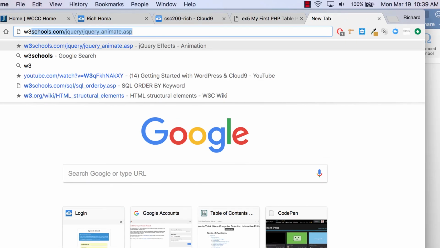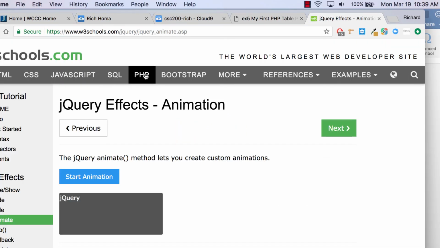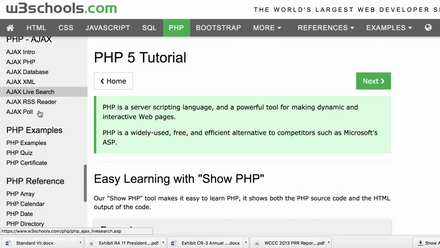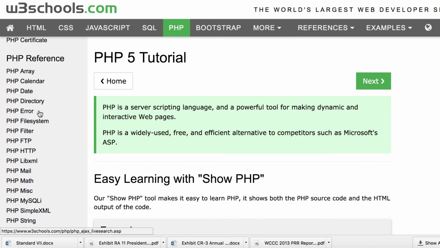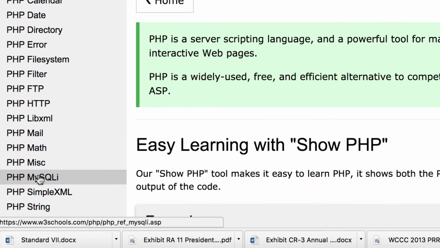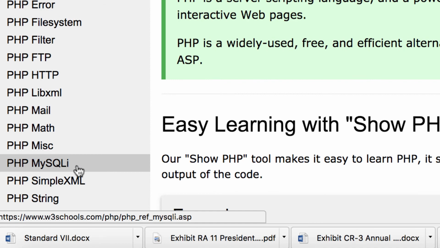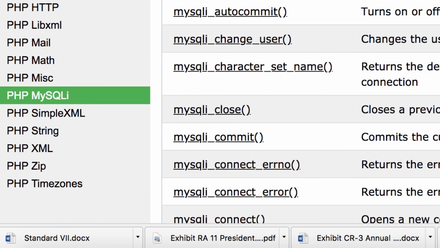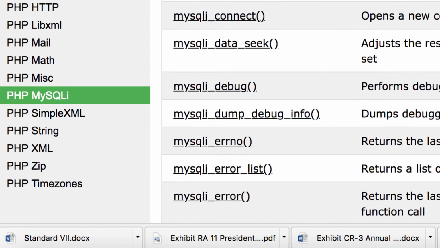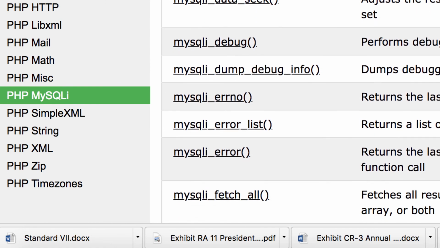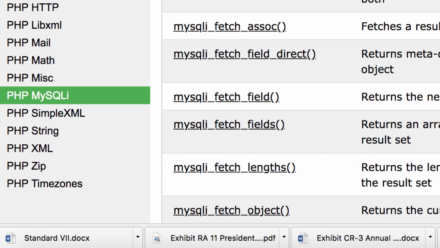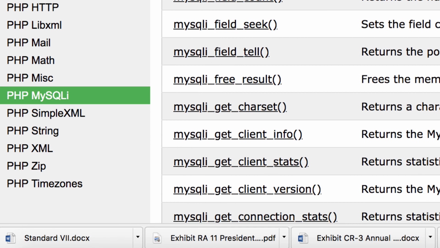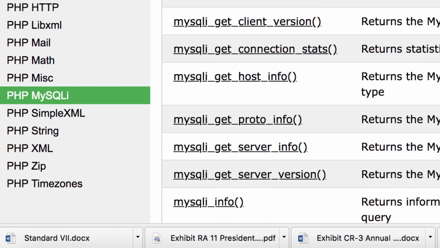Well, what we can do is check out W3 Schools, and I'm going to go to PHP. We'll go all the way down to the PHP reference, and we'll go to these PHP MySQLi. They'll have different functions here that we're going to check out, and there'll be a whole list of them. And here's functions right here. Now, if you go through here, we're going to look for one that says rows, and I think it says get. So if we look for get,